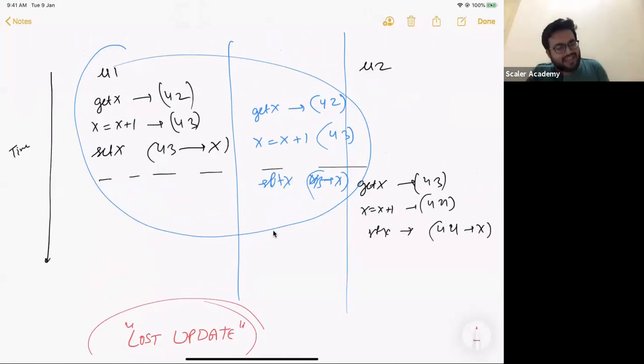But do you think that is a solution? Can I just go on and make my DB boxes single threaded? Of course not. Of course not. That would increase the turnaround time. That would increase the latency by a lot, okay? So that's not the solution that we are looking for.